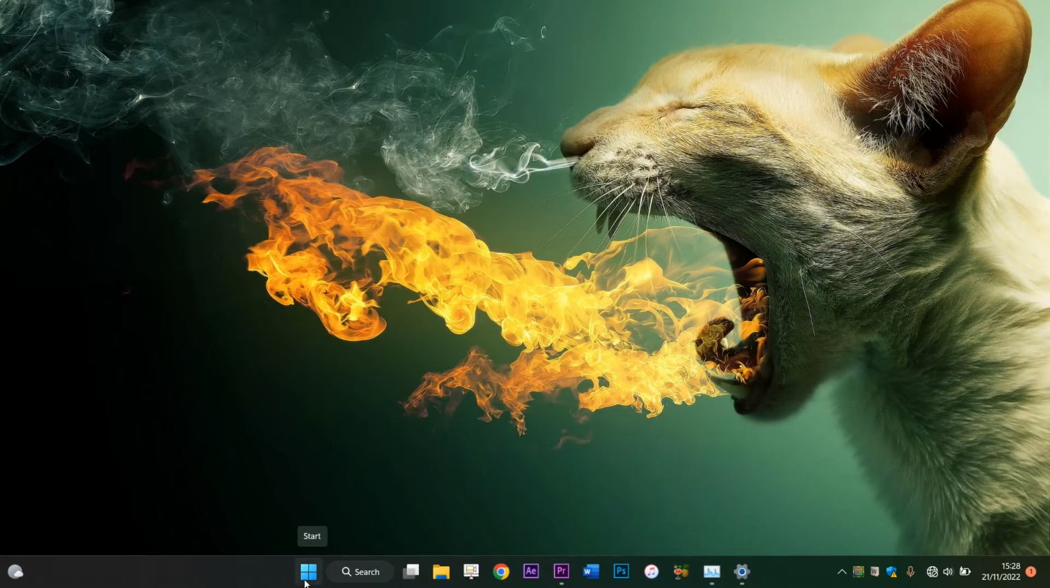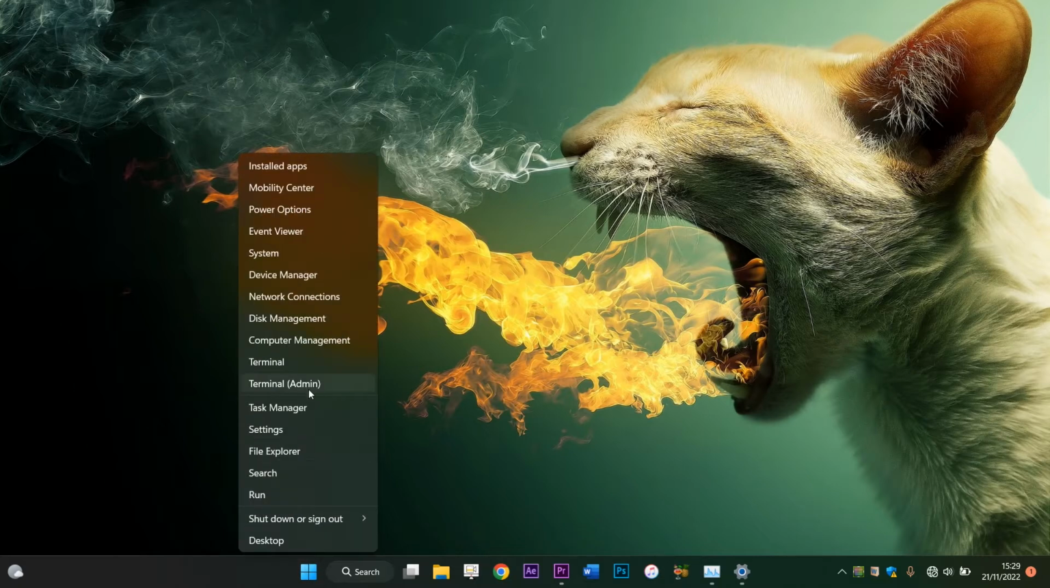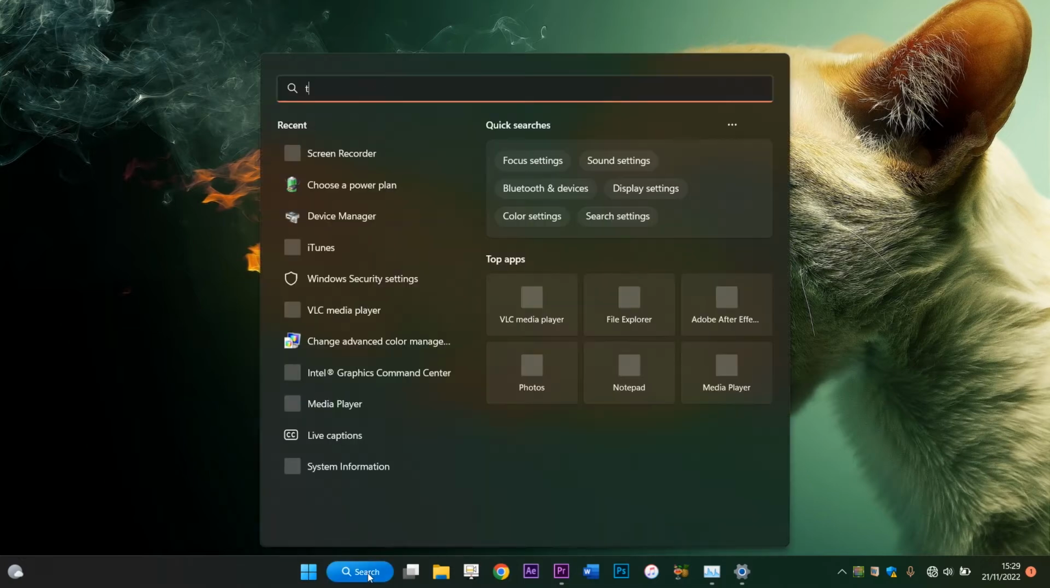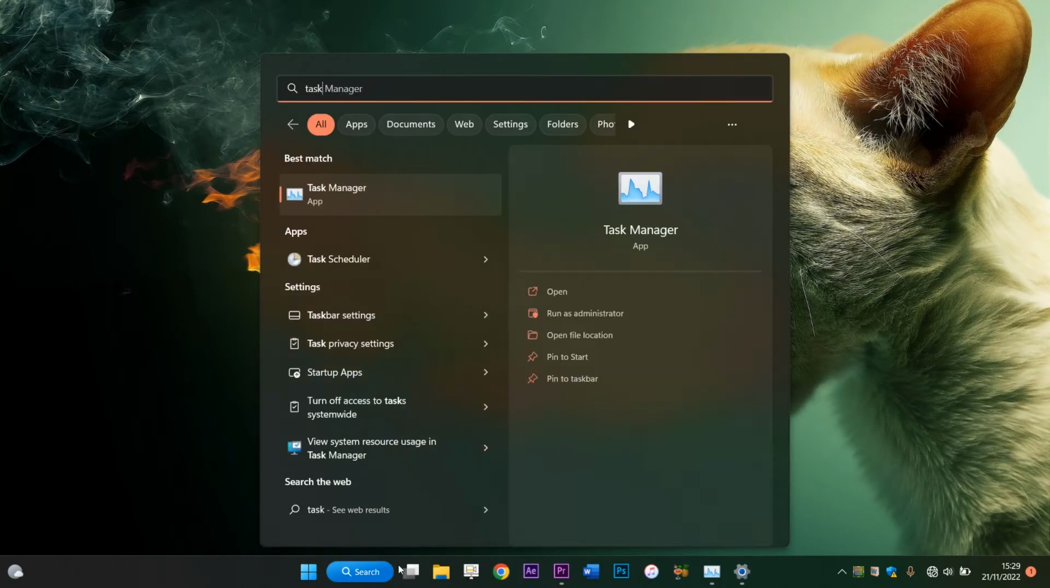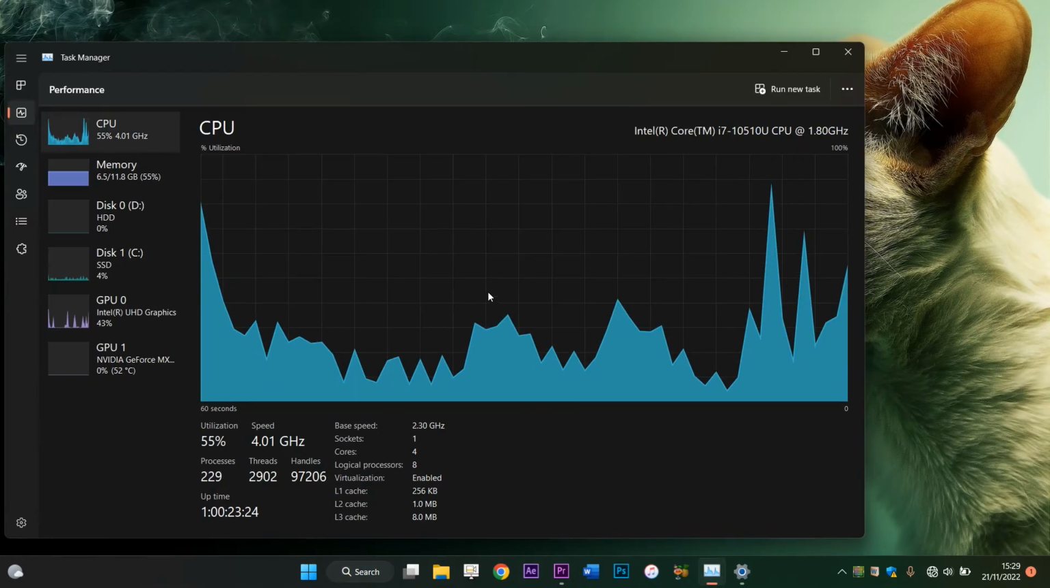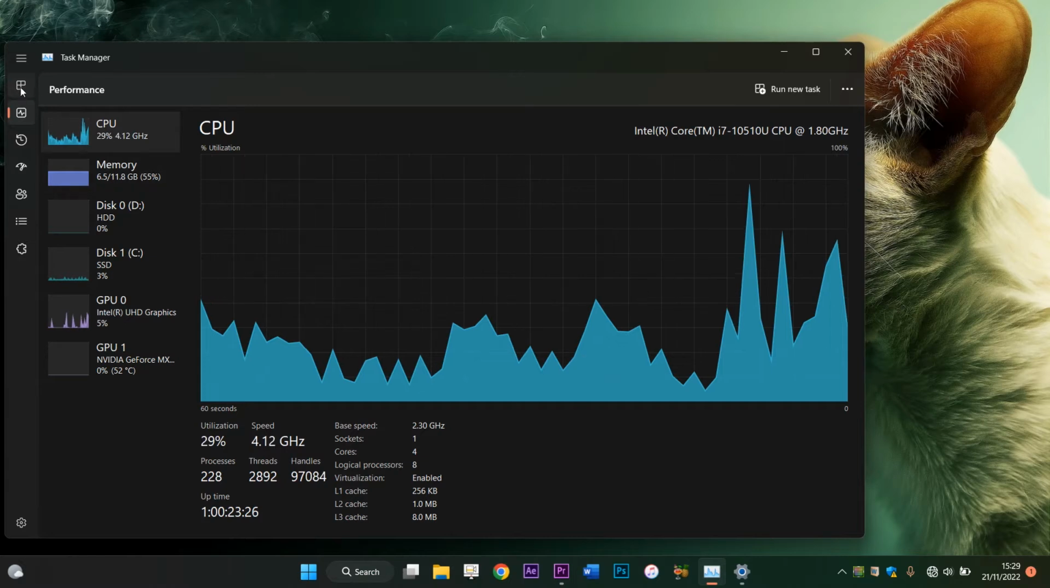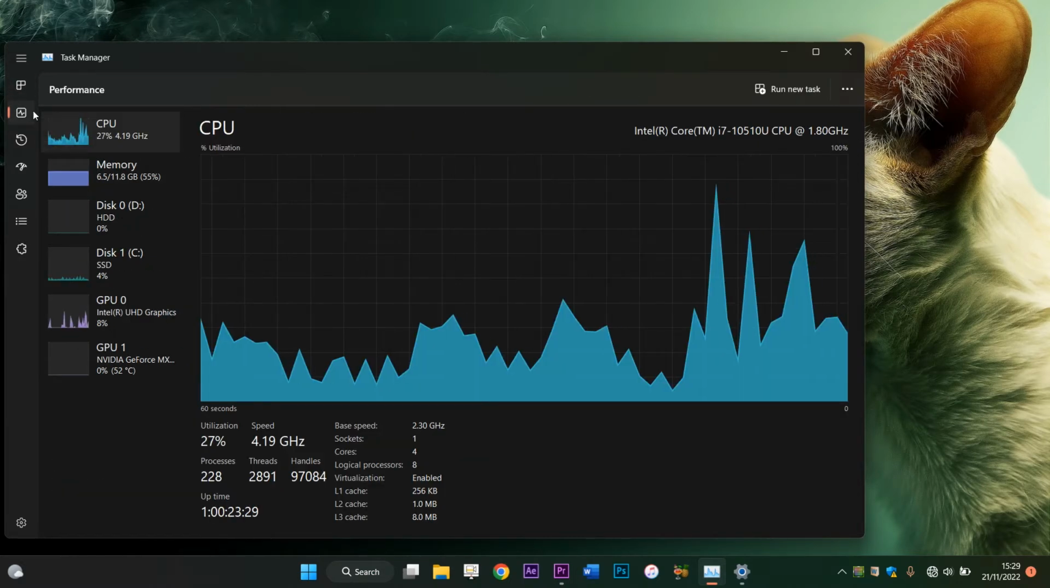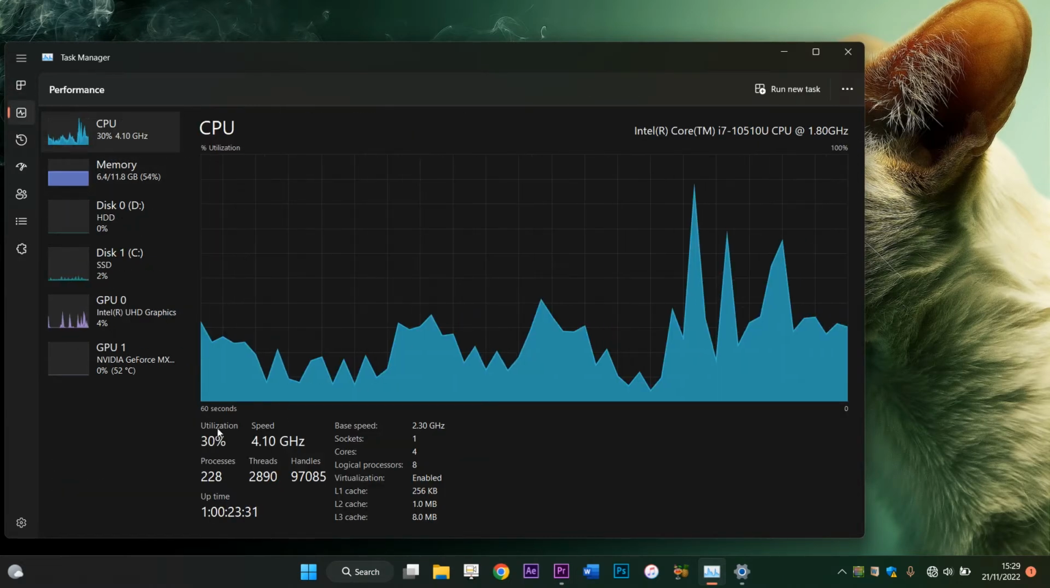You come to this start icon right here on Windows 11, you right click on it, and then you click on Task Manager, or you can just come to search and then type in Task Manager, which is this. You click to open Task Manager. After opening Task Manager, you click on the Performance tab, which is this, and you can see the speed of